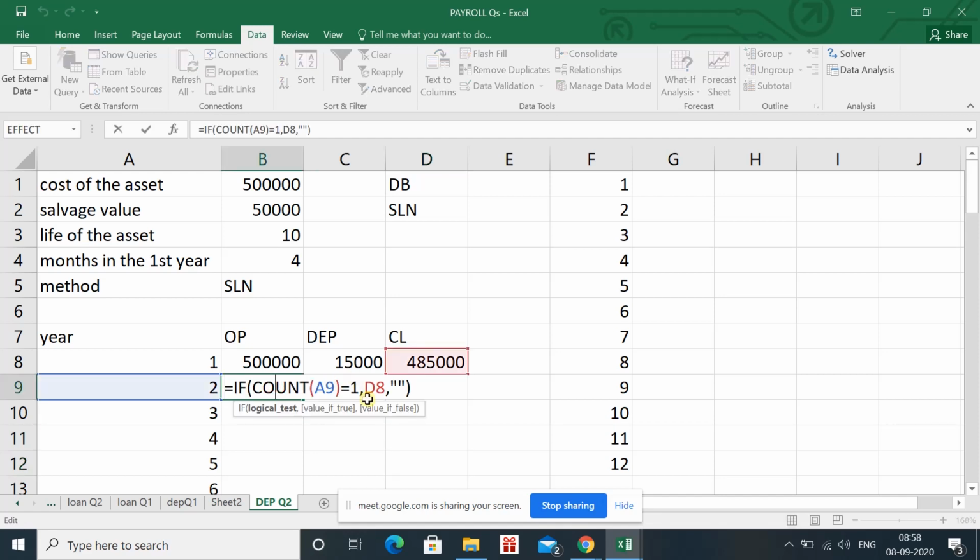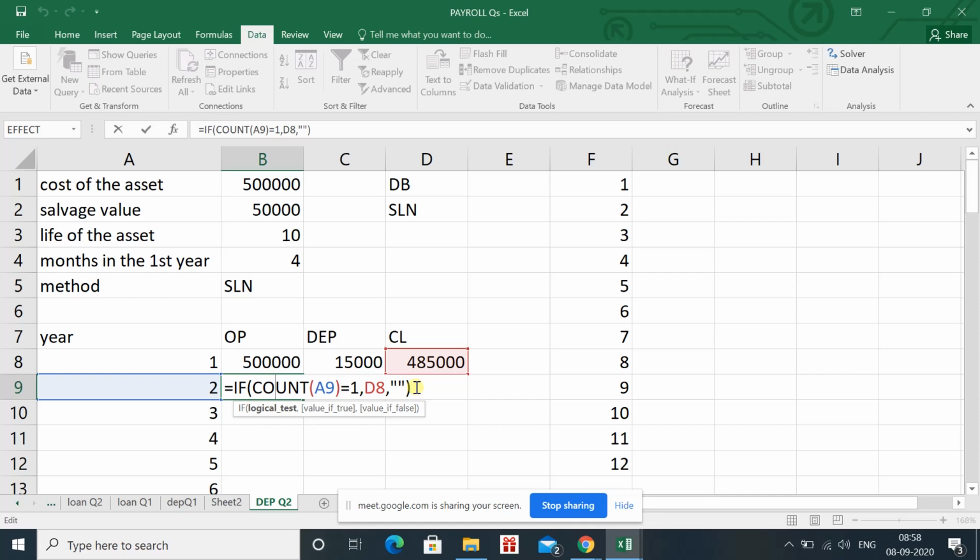If we have a number in this cell, then the closing balance of last year should become the opening balance, and if you don't have a number in this cell then give blank. This means you have to apply the calculation only when you see a value in the year column, then only give the value, otherwise give blank.